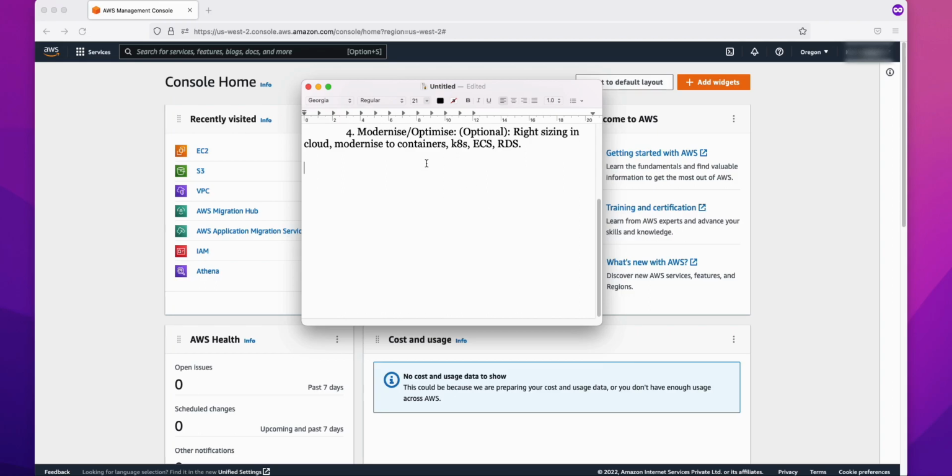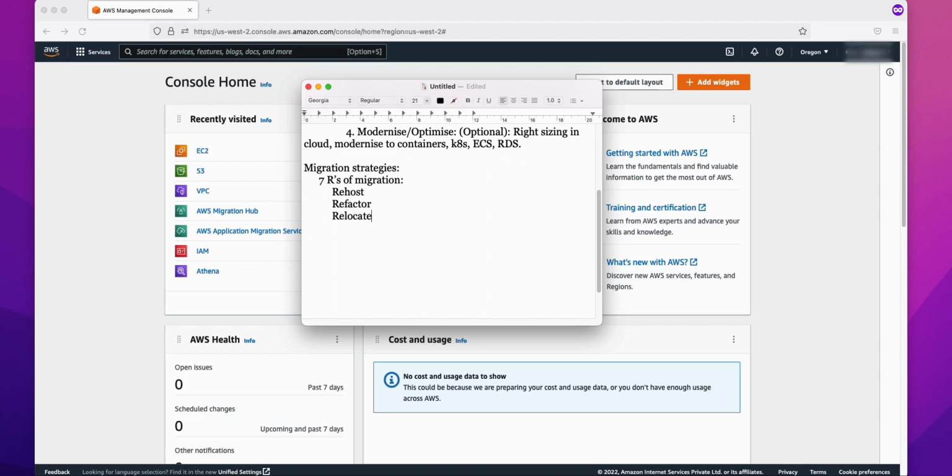The strategy is basically what kind of migration, because when we talk about migration, it's not just moving from one server to another server in cloud. There are different strategies of migration. It's called the 7 R's of migration. I'll first list out what the 7 R's are: rehost, refactor,